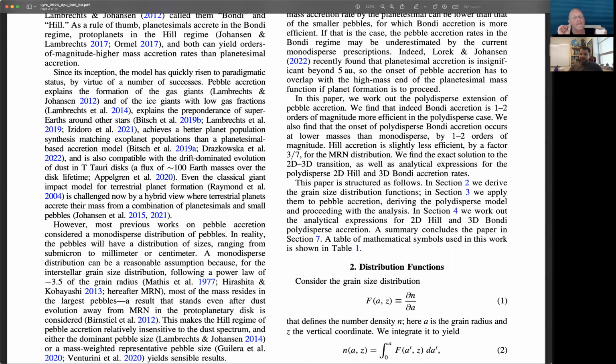So how is it that we achieve that? What we see is that you're going to find orders of magnitude higher accretion rates than the usual Pebble accretion,